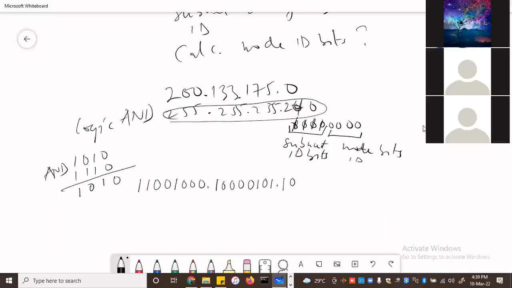So you need 47. How do we get 47? We can get 47 from 32, so 32 will be on. Now 47 minus 32